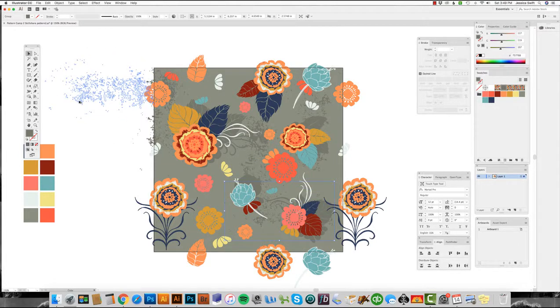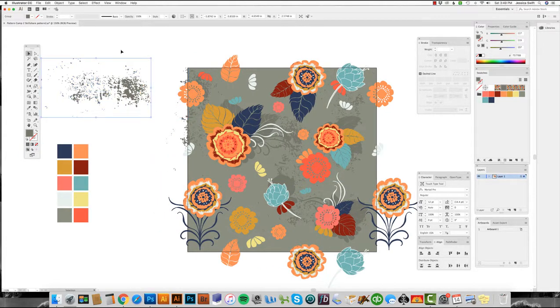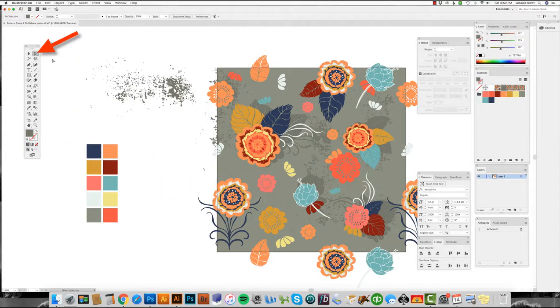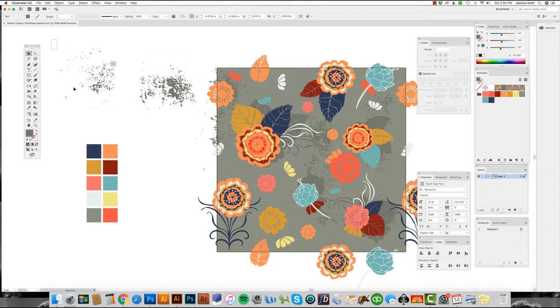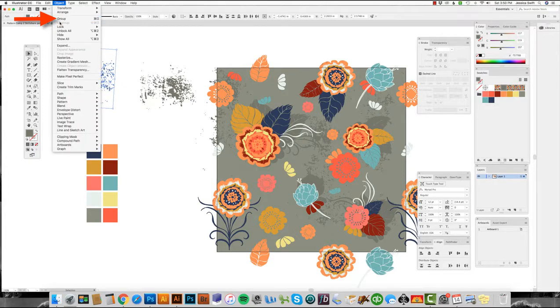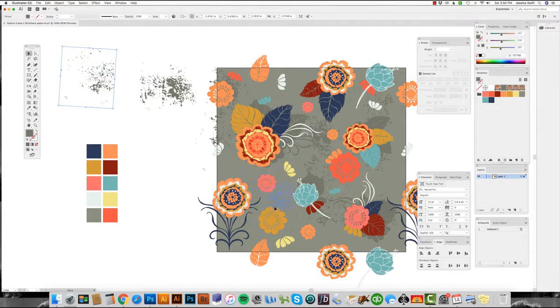Another thing that you can do is drag a copy out here and just select portions of it to copy, and I would use my white arrow tool for that. You can simply select a portion of it and move it away, and then it's doing some kind of funny line things because I only selected part of it. So you can always use your white arrow tool to just delete portions of whatever you're trying to select, and then it looks like that's all grouped together. So let me ungroup it, and now you can see it's all separate. So I'll just group that one little piece back together, and then I can use that in my design,